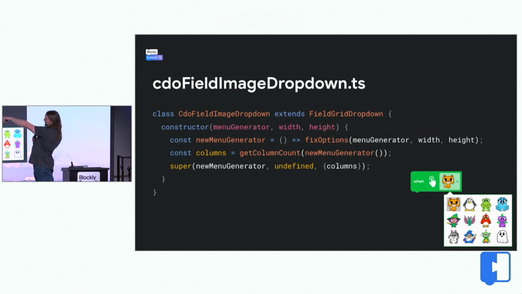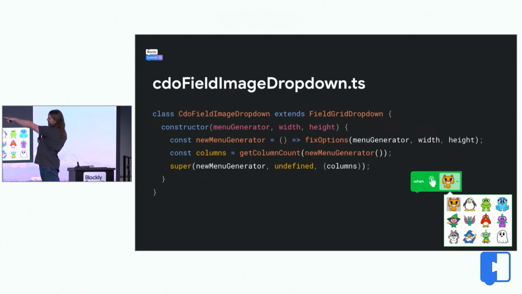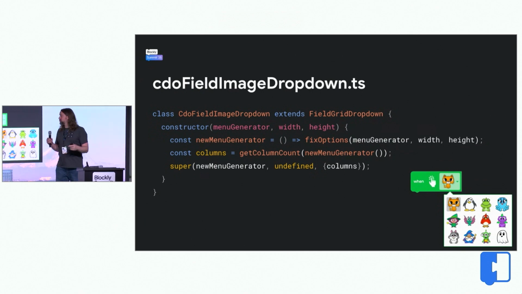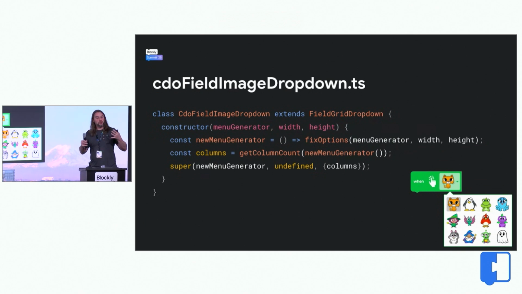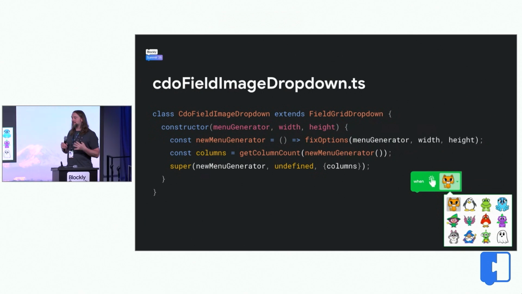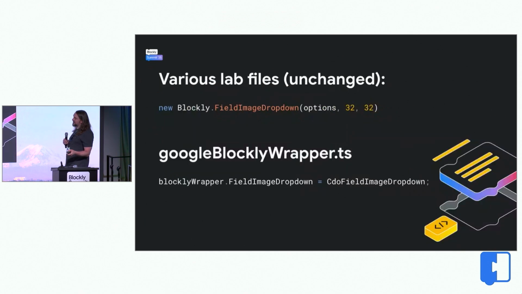What this means is we've got to create a new menu generator function that's going to take the strings and these top level arguments that we had and turn those into the image object representations that Blockly expects and just get everything in the right order. The undefined there is for the custom validator, which we don't rely on, so that just gets skipped. And then to tie it all together,